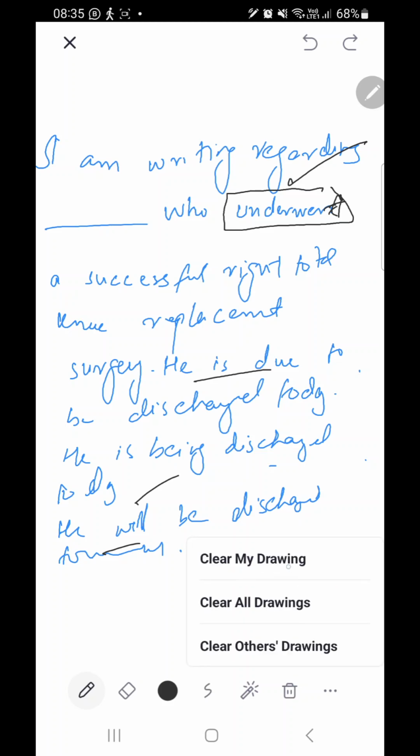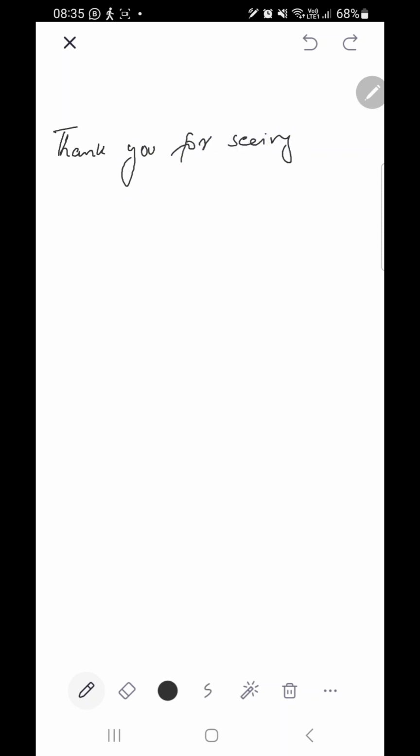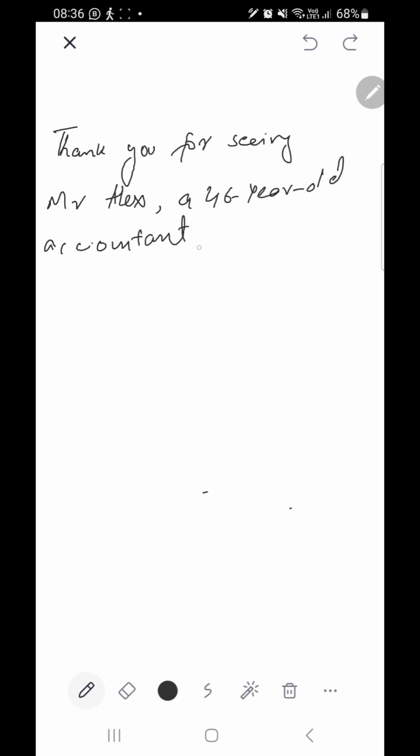Now, while discussing the tenses part, there is one rule for the relative clause. I can also discuss that. If I am writing this sentence, whatever tense it would be, thank you for seeing Mr. Alex, let's say, a 46-year-old accountant. We can use a comma afterward because after that I'm going to use the relative clause. I'm going to tell you the rule for that. Thank you for seeing Mr. Alex, a 46-year-old accountant, who, let's say, whose